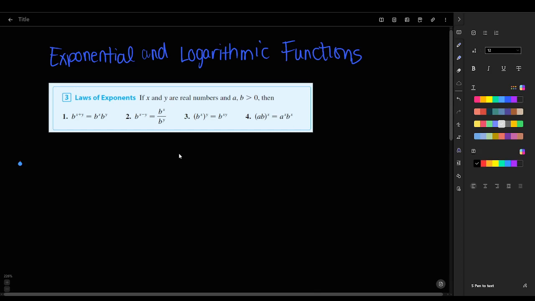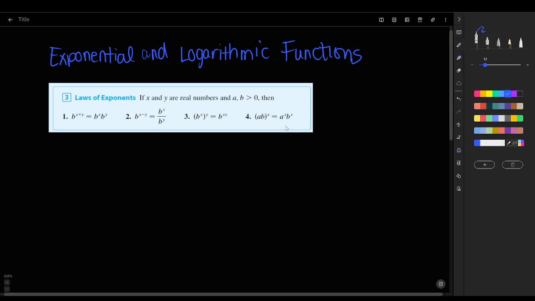Then if the exponents are combined with a parenthesis, let's say the quantity b to the x raised to the exponent of y, then you will multiply the exponents x and y. And for the last, if there are two terms or two variables in a parenthesis with an exponent, then you will raise each variable to the exponent. Let's say the quantity ab raised to the exponent x, then it will be equal to a to the power of x times b to the power of x, just what I underlined here. Okay,